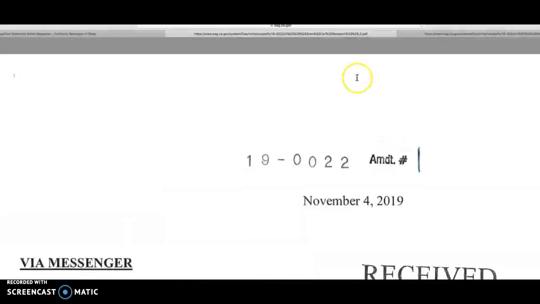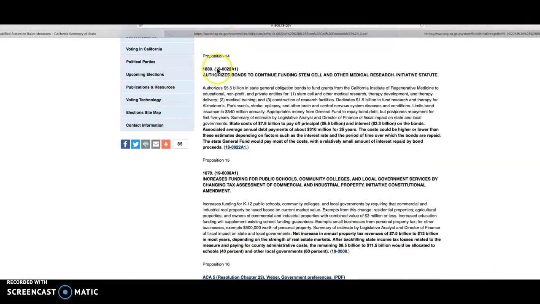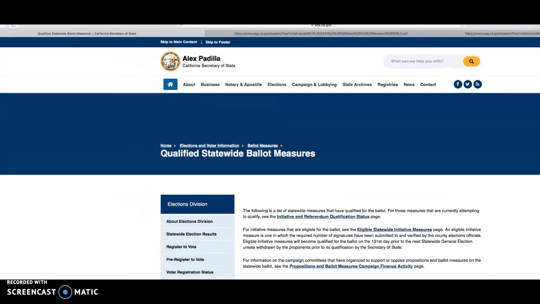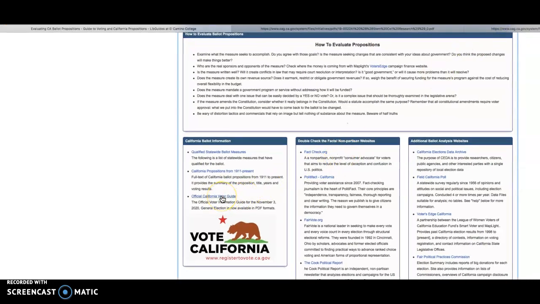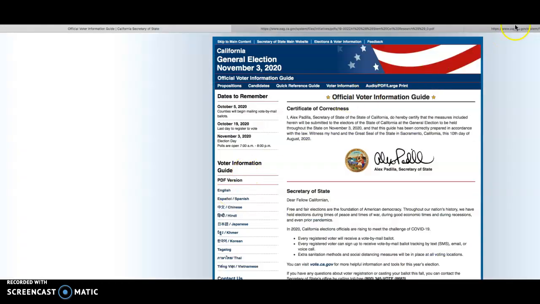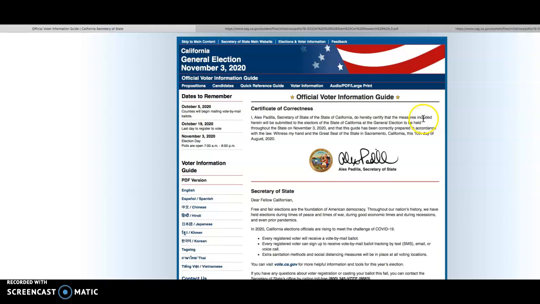Now, to get more familiar with what's going on with the ballot initiatives and familiarize ourselves with each one, I would recommend going to the official voter guide. And this is the guide that you're going to probably get sent to you in the mail, and it can be a little confusing when you're looking at it in a printed format. So I like the online version because it simplifies if I'm voting yes for the proposition or if I'm voting no, and how that's going to impact the state or impact us as citizens either way.